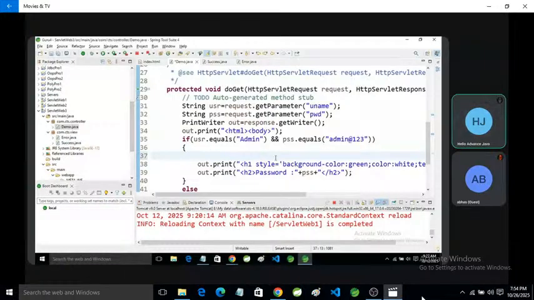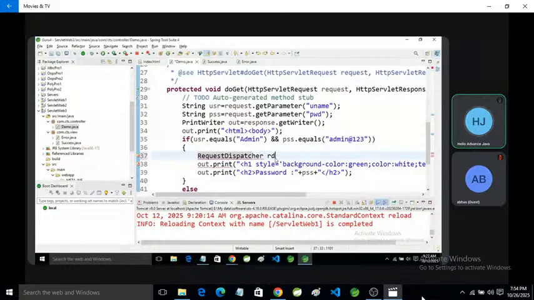So if you want to call any other page in a servlet, any other servlet, any JSP file or HTML file, any page, for this purpose we have an interface named RequestDispatcher.